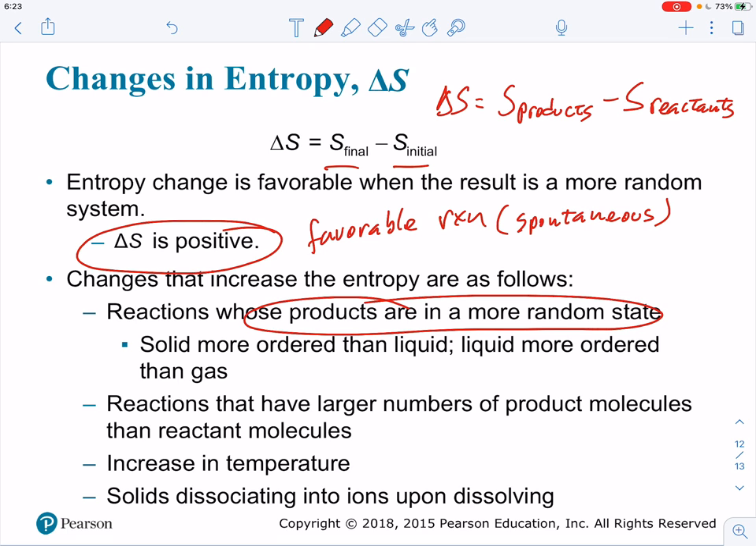If you have a larger number of products, let's say more moles of substance in the product side than in the reactant side, I mean, you are increasing the number of particles, so to speak, in the product side, then you are increasing the entropy of that system. So that's another way that you can predict the delta S, the change in entropy for that system is going to be positive. Increasing temperature also increases the entropy, and solids